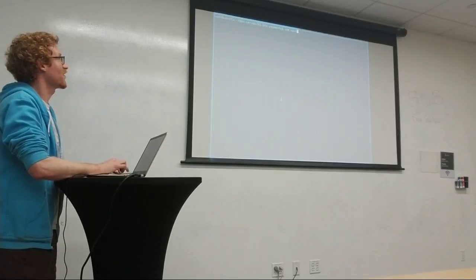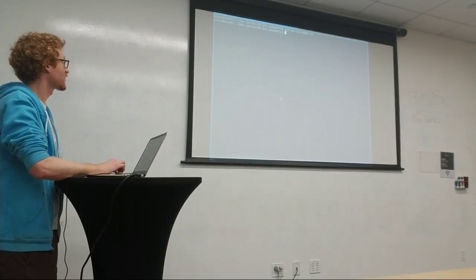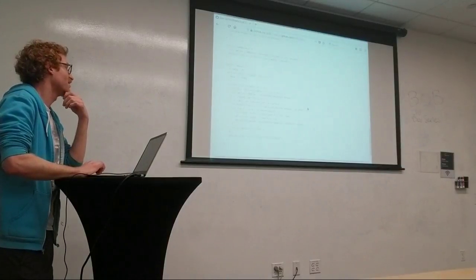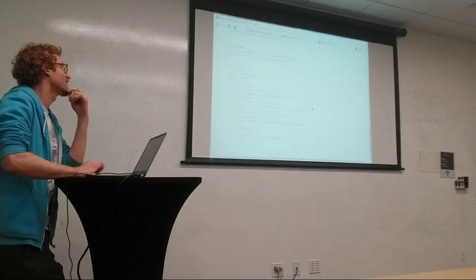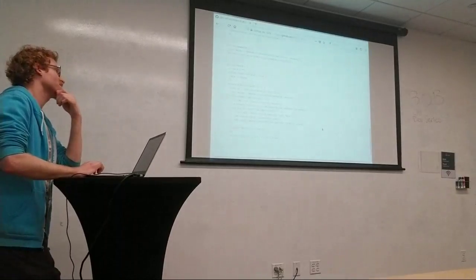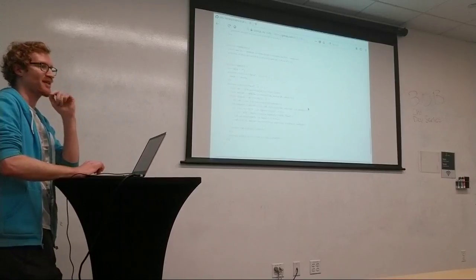So this is how the thing that I wanted to implement looks. And then for the spend feature, so if you know a master key, you can refer to